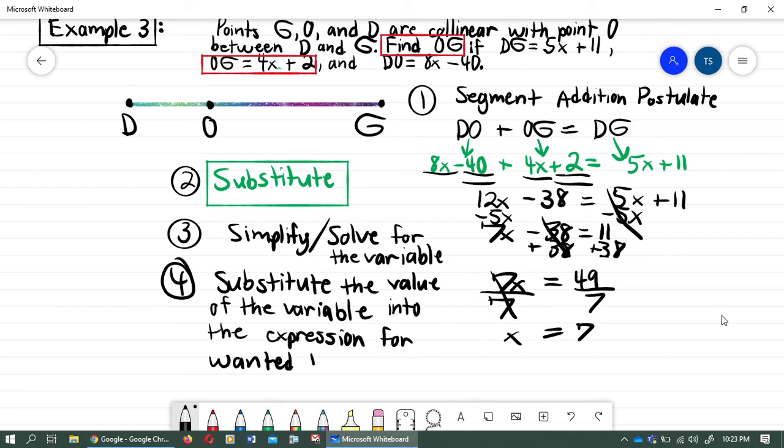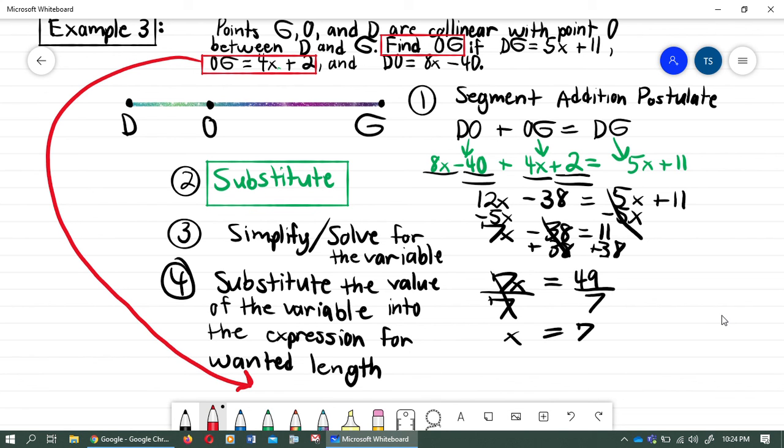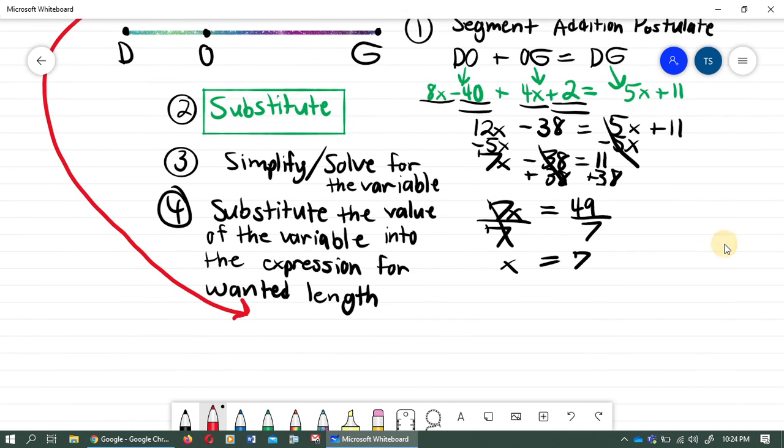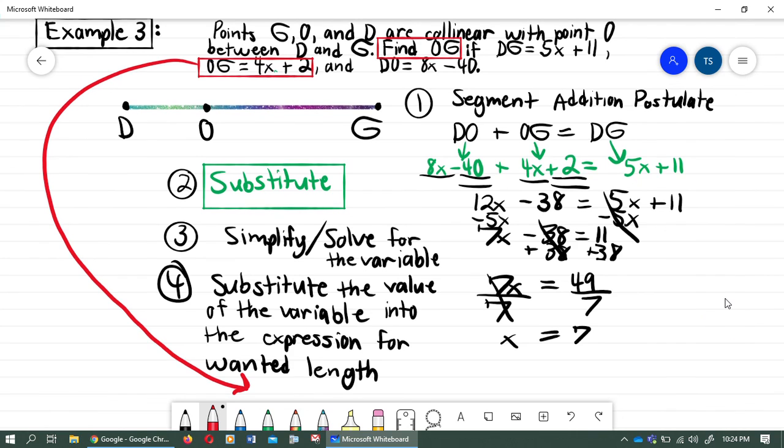All right, and guys, in this particular case, that wanted length, as I've already said, is OG. That length is OG. All right, we got to hurry up and do this. So let's plug that in for OG. We know that OG is equal to 4x plus 2. So again, guys, we need to substitute that x there, and we need to plug in the value that we